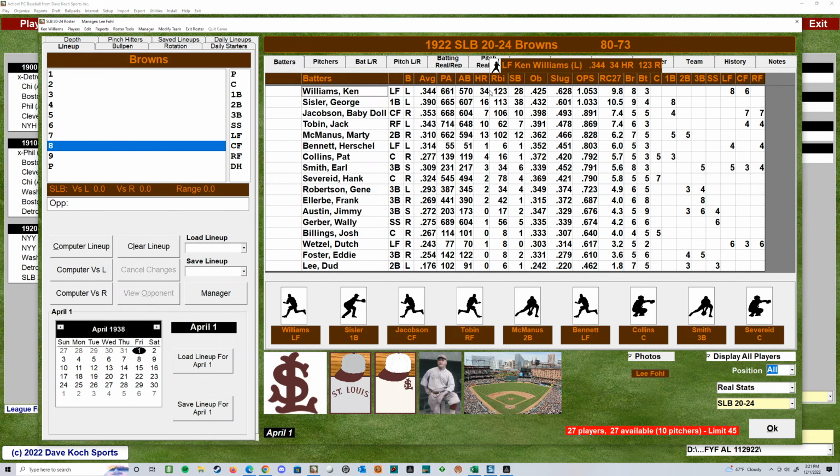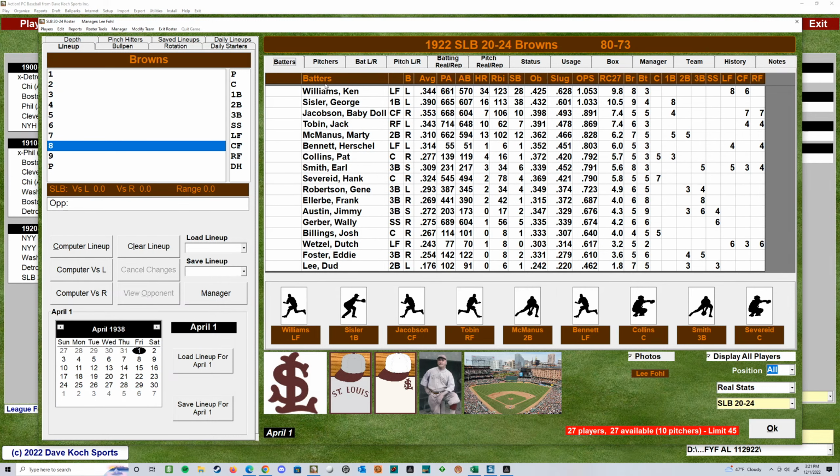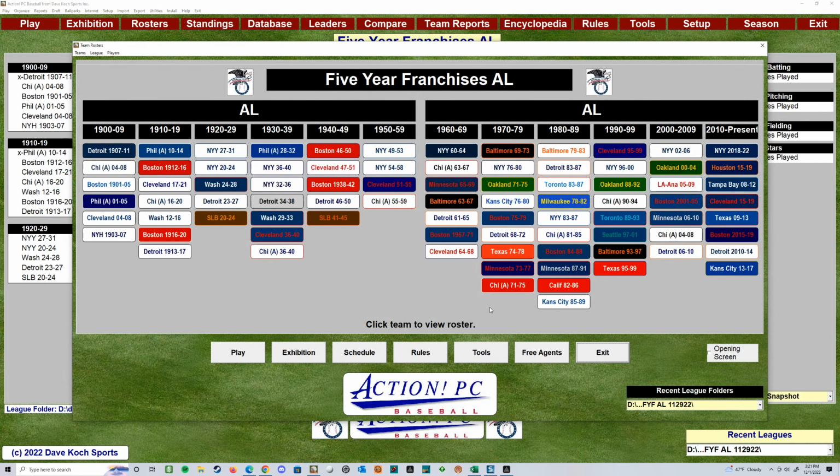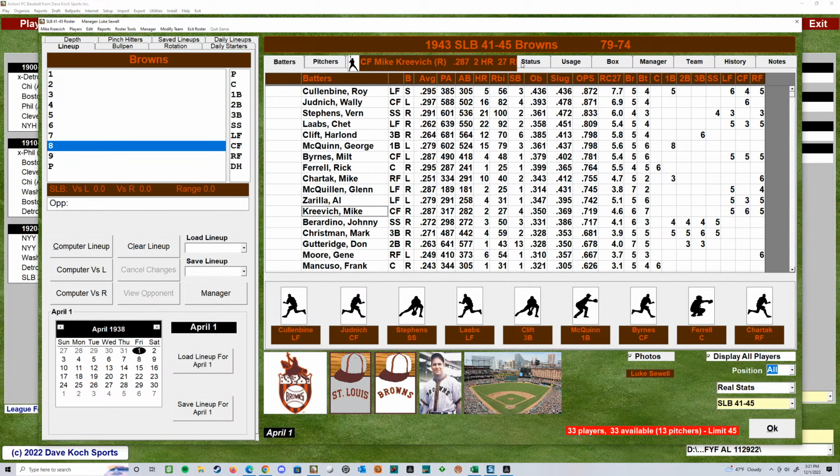Look at this. It's a big bat. So look at this, over 300 hitting. Now, if we go over here, not the best ERA for a pitching staff, right? Not the best, but batters, this is a fun team. And I think you're right, Beatles. I have added this team, the 41 to 45 team, during the war years.